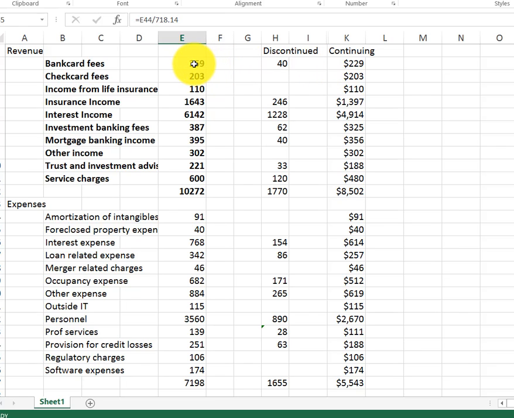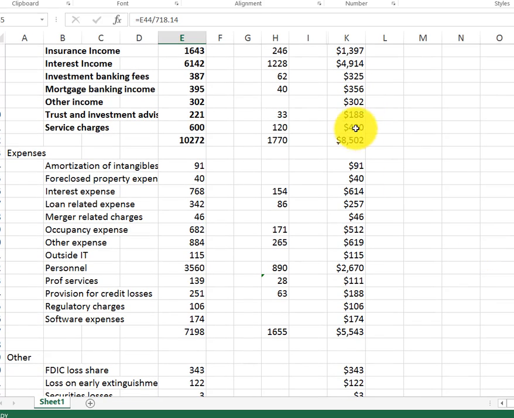It would not be fair to compare bank card fees, including the discontinued operations, to next year's bank card fees, because next year we would have gotten rid of the discontinued operations. So that would not make sense. So that's why we do this. We separate out the discontinued operation, put in another column for continuing operations, again, revenues, expenses, other,